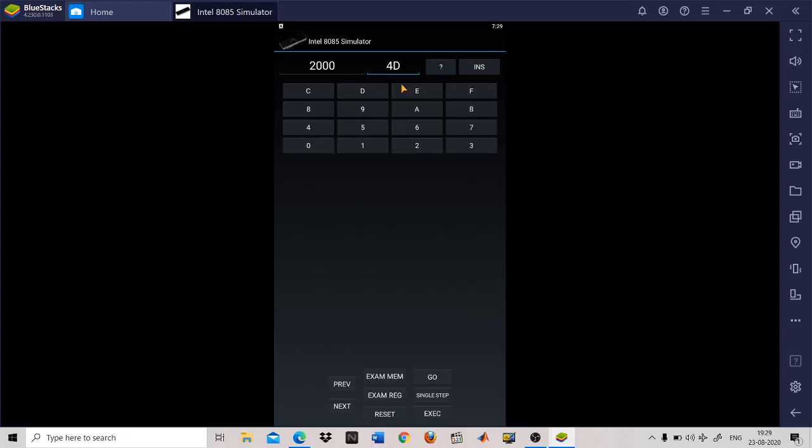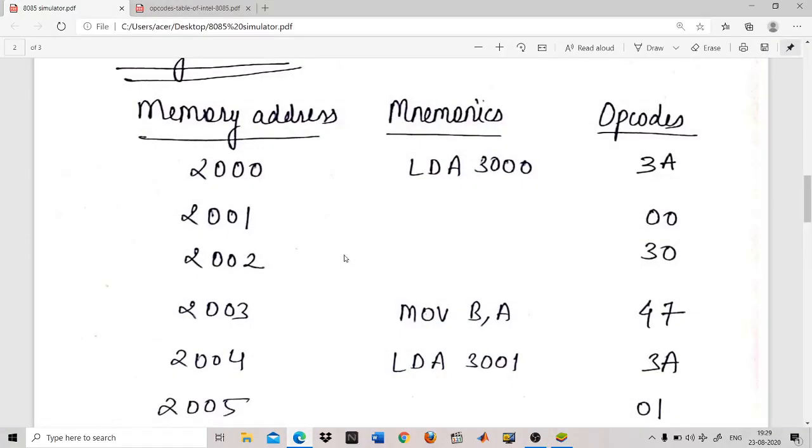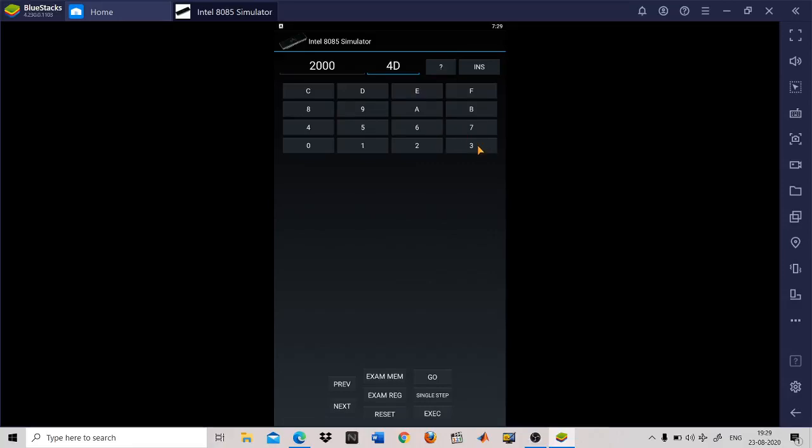Just type 3A, which I have just shown. So what is stored in 2000? 3A. So type 3A. Fine. In the 2000 hex address, we have stored 3A. Now press next, and the next address will get displayed.